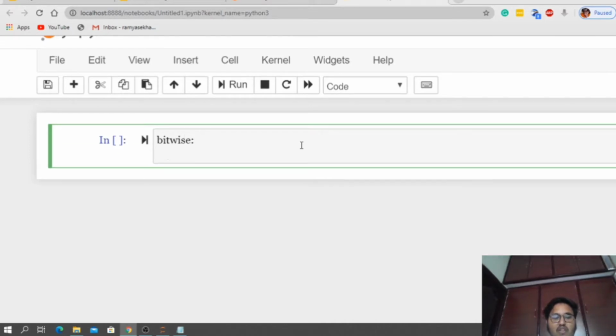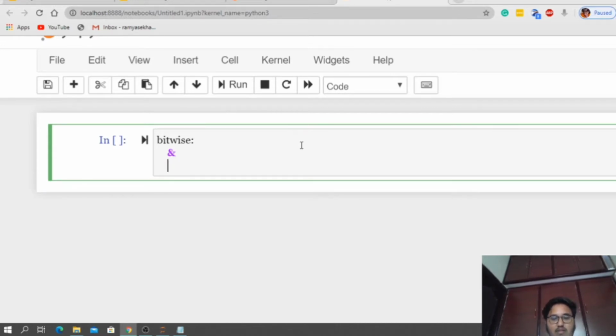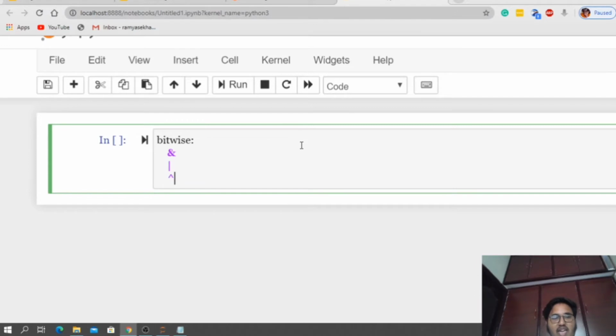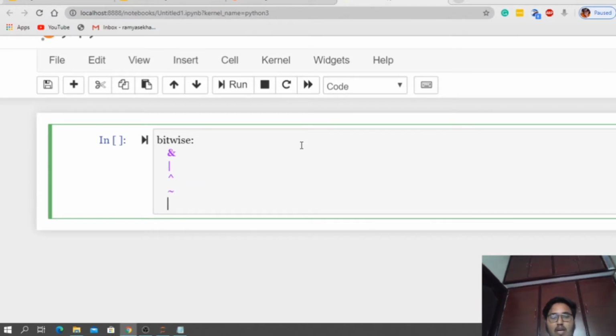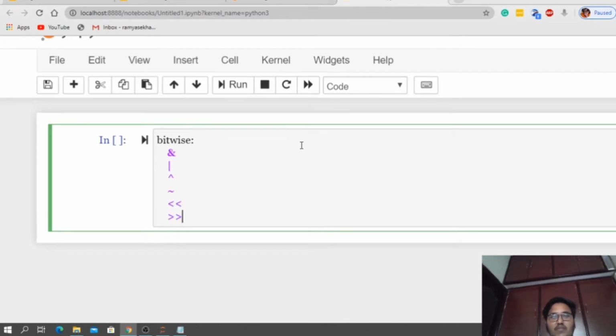First AND, next OR, next cap, which is called XOR. This is called complement, bitwise NOT. And there are two more bitwise operators, left shift and right shift. These are the different types of bitwise operators available in Python.